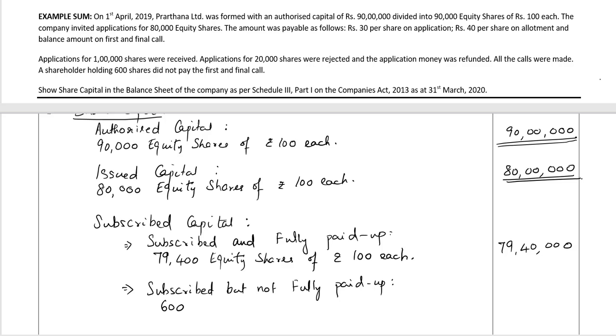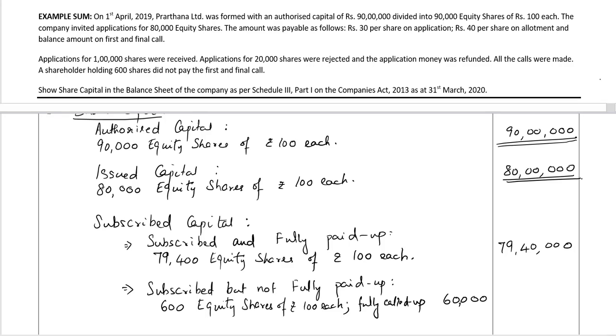So it's 600 equity shares of rupees 100 each, fully called up. The amount is 600 multiplied by 100, which is 60,000,